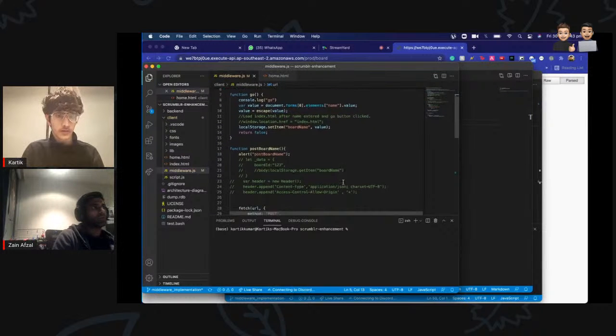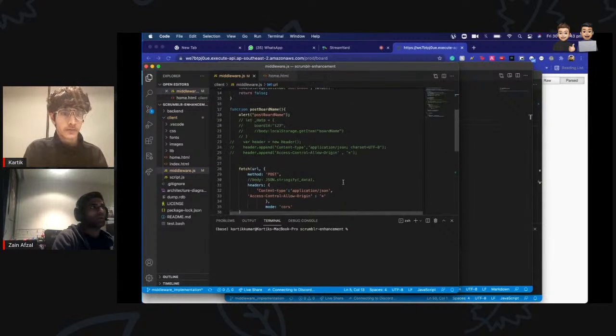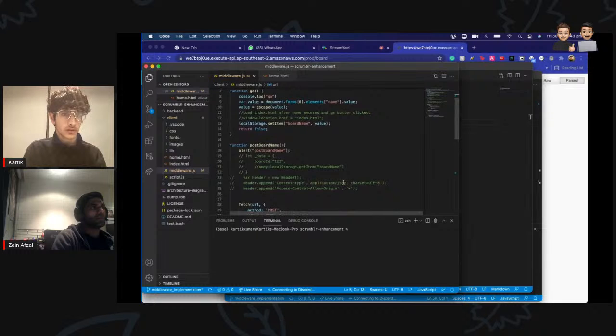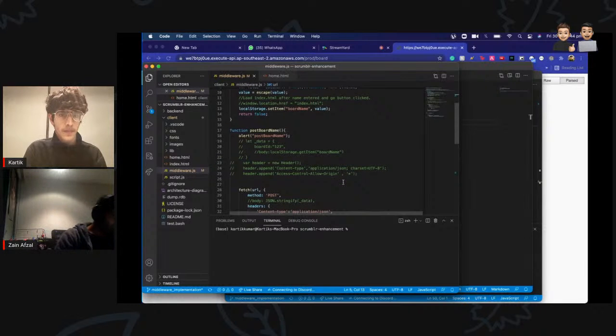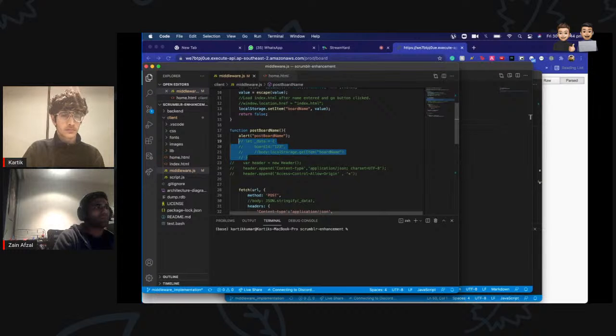What we're trying to do, we don't need a body. Actually, let's see. We need it to come from the URL, because it's already present in the URL.